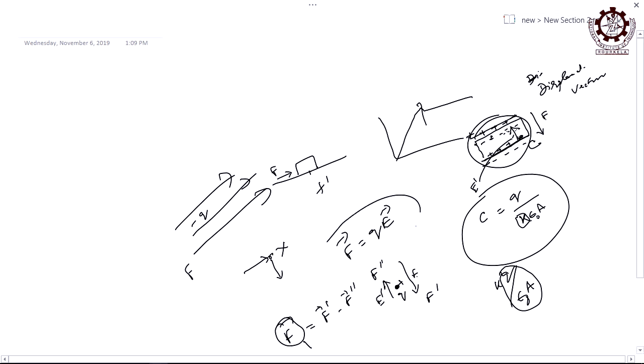Opposite, because the relation tells you force equals q times E. What is your q? Minus q, which means the directions of F and E are opposite to each other. So then in what direction will the negative charge displace? In the same direction as that of the positive charge, right.